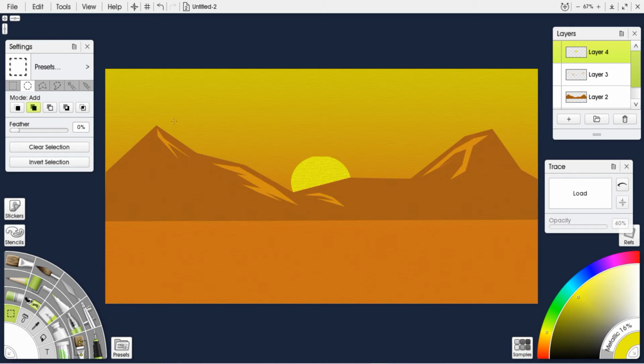But we are drawing an illustration, so you do not need many coloring techniques. Now, select this. The sun looks